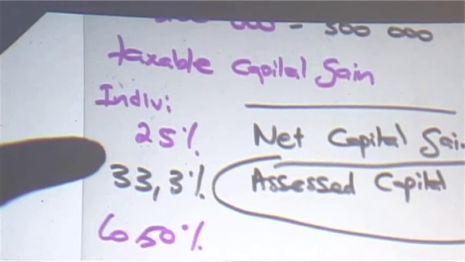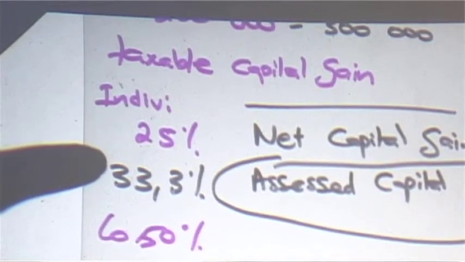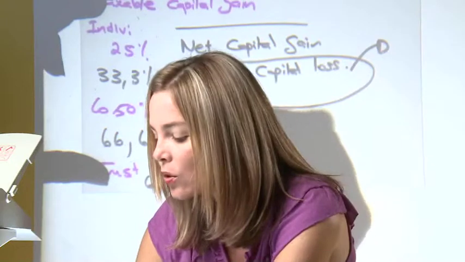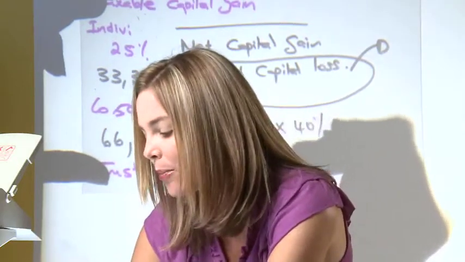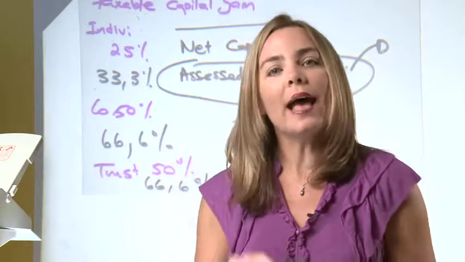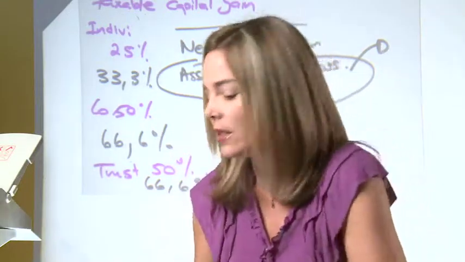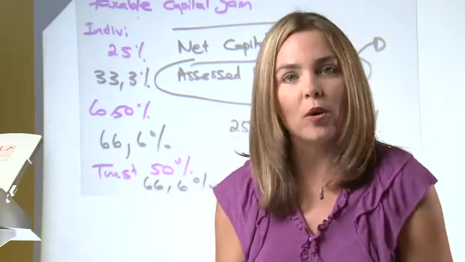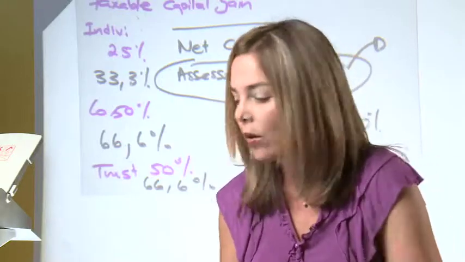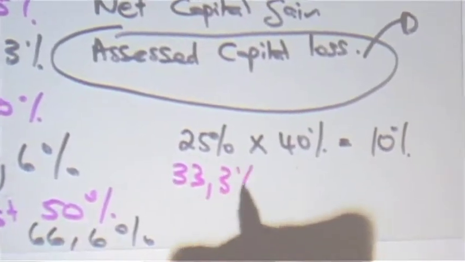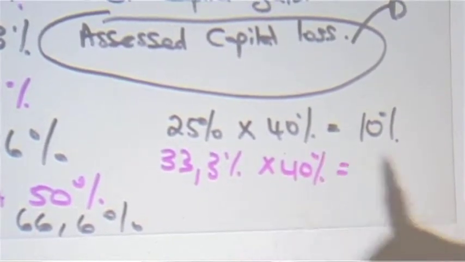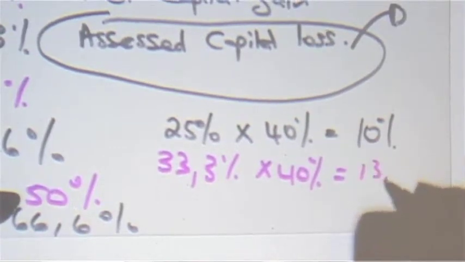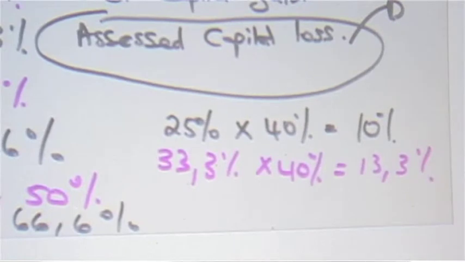So if we're assuming an individual with a top marginal tax rate of 40%, we used to say that if we took the inclusion rate multiplied by a natural person's rate of tax, that gave a natural person an effective CGT rate of 10%. Well, remember, we have to adjust that now, because as of the 1st of March 2012, if we take the new inclusion rate and assuming our individual is in the top tax bracket, what we're seeing is the effective rate of CGT for an individual has increased to